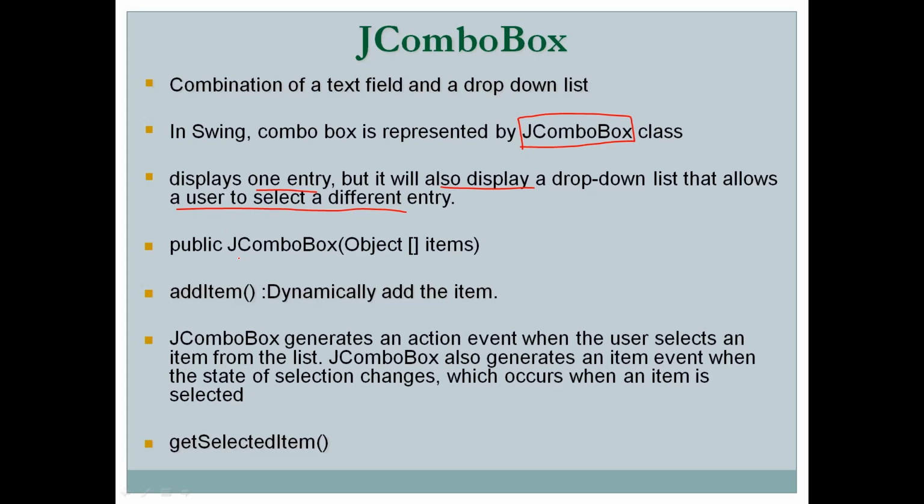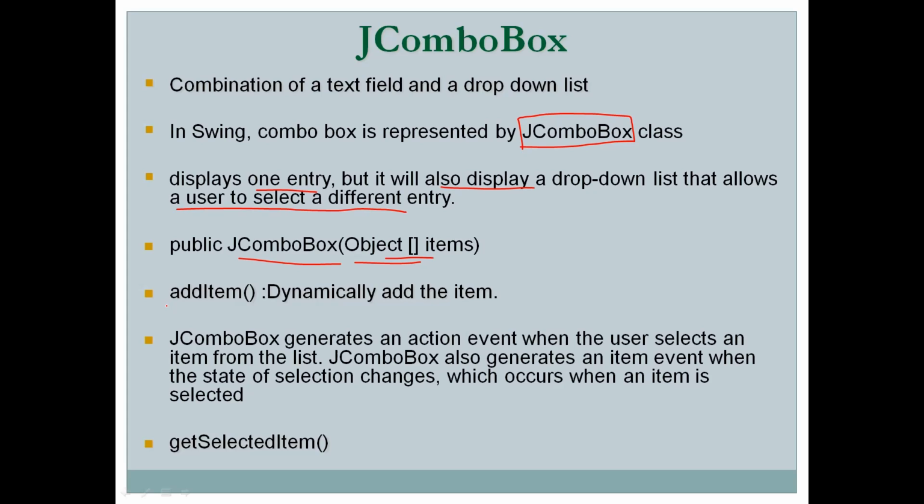Now this is one constructor of JComboBox. It takes an array of items, you can say an array of objects, so the object can be of any type, as an argument. All those items will be displayed in the JComboBox, and this is almost the same as our JList which we studied in the last session, but there is a difference between a JList and a combo box. JList displays all the items at a time and we can select multiple items, but in case of JComboBox, it displays a single item at a time, but upon clicking an arrow, all the items are visible.